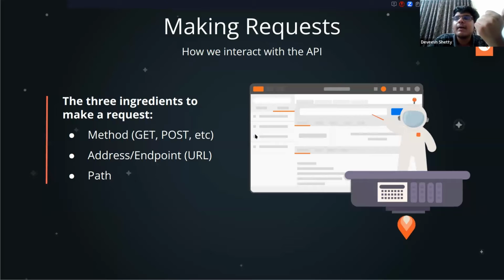Imagine you went to Netflix and then you searched something in the search bar. You search the movie or series which you want to see, and you will get some recommended movie names regarding that. So that is a get request. You are telling the server, okay, give me all the movies which are related to this name. You are asking data from the server.